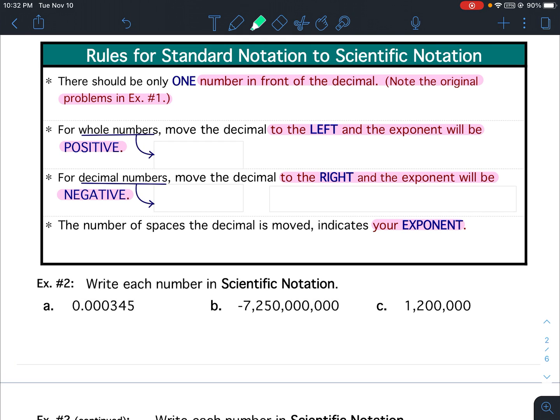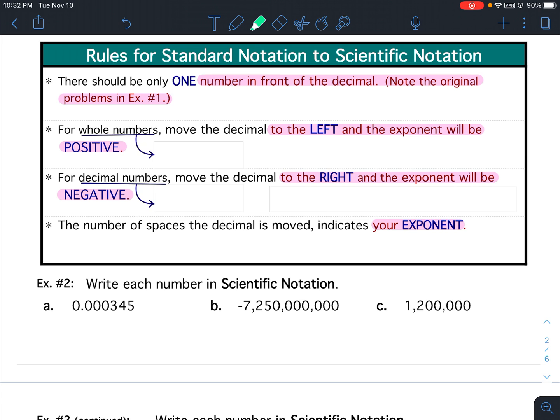Scientific Notation, Lesson 5 Notes. Rules for Standard Notation to Scientific Notation. So now they're going to give you the standard way you write a number, and we're going to change it to scientific notation. Before I go over the rules with you, pause your video, and what I have highlighted in